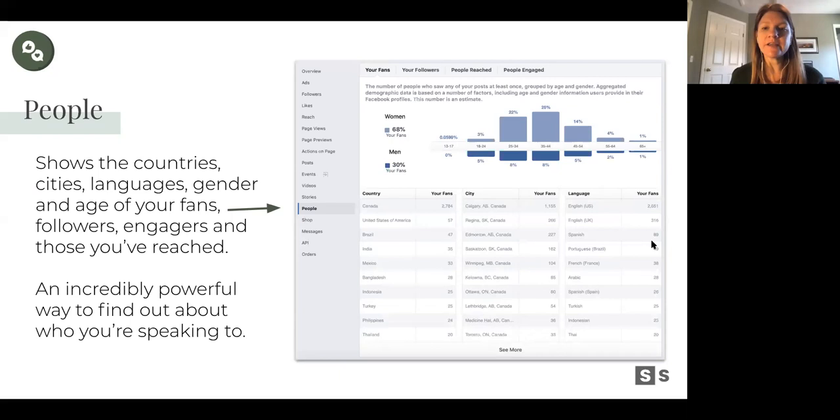Okay, the next area here is people. So this is where you can learn a little bit more about your audience, the people who are following your page and liking your page. It's going to show you the countries, the cities, the languages they speak, their gender, as well as the age breakdown, the age brackets that they fall within. It's going to tell you this of your fans, your followers, as well as your engagers, which is really cool